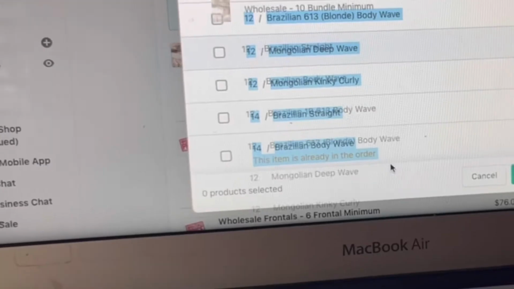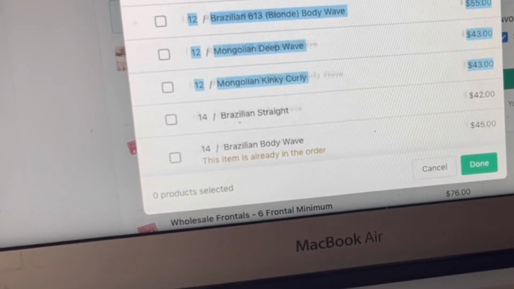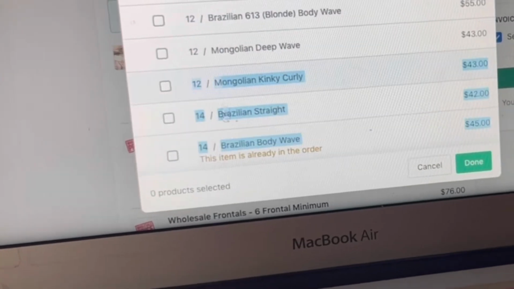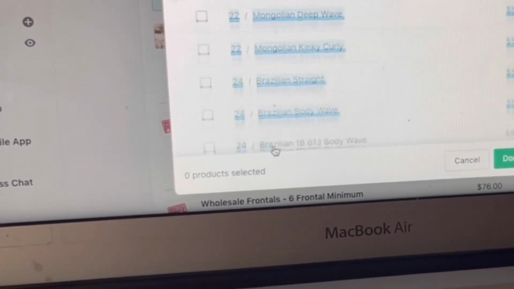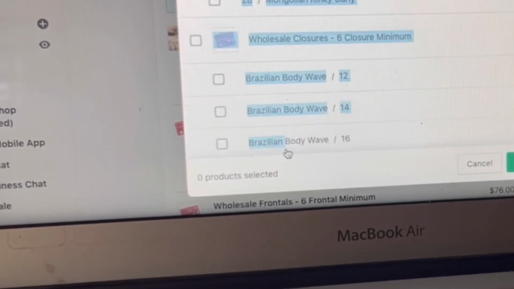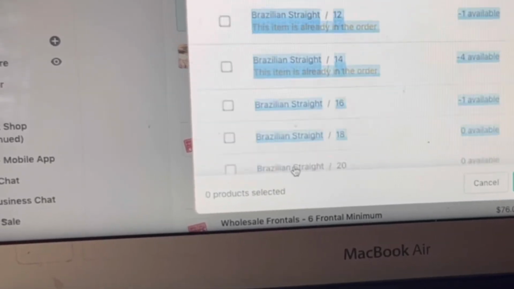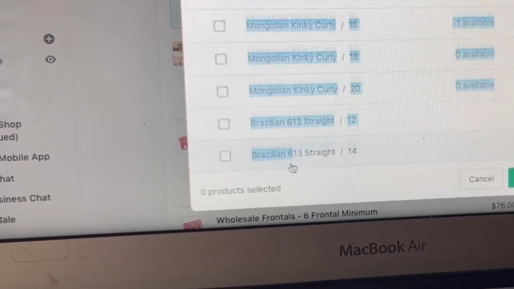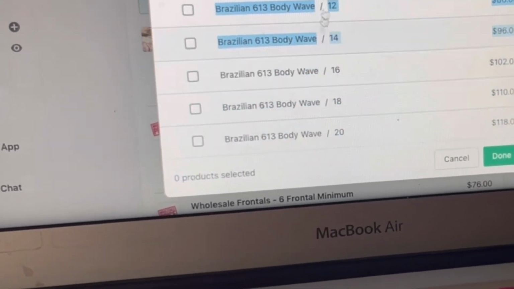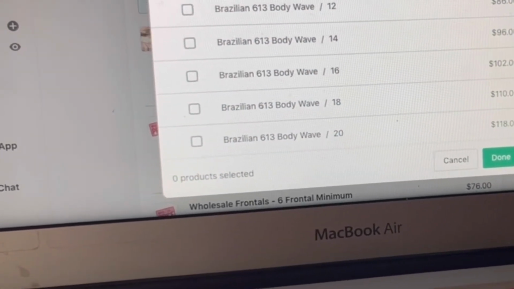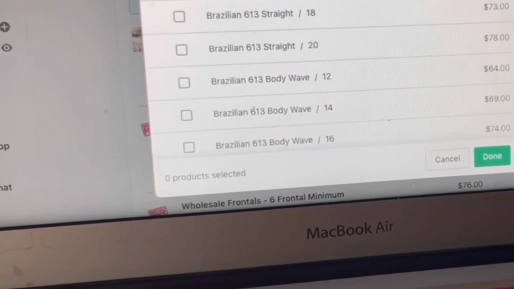Now, she has authorized a certain amount. The reason that it says authorized instead of collected is because I have a manual payment capture set up on my website, which means when orders are purchased through PayPal, not Sezzle so much, because Sezzle automatically captures the payment, even though I have manual payment capture. And that's because I have automatic capture through Sezzle. It's set up on their platform. So it automatically captures the payment that way. But when I go through PayPal, which is the other option on my website, I do need to manually capture